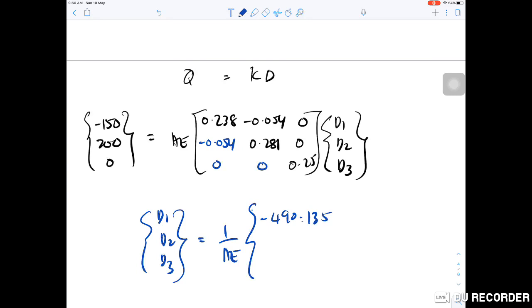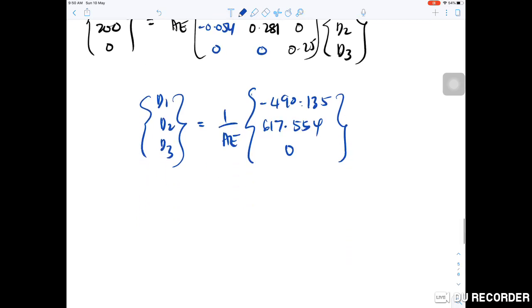D2 is 617.554 over AE, and D3 is 0. So this is the displacement. With this displacement value, after calculating it,